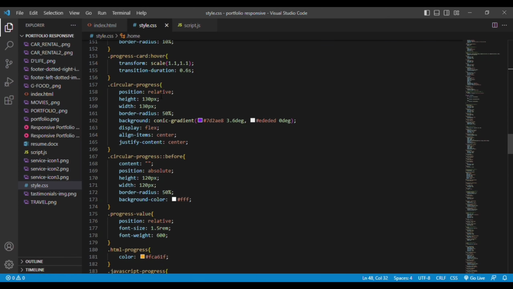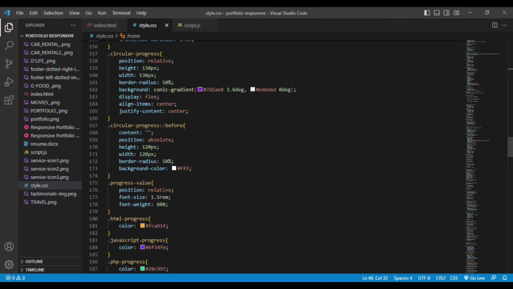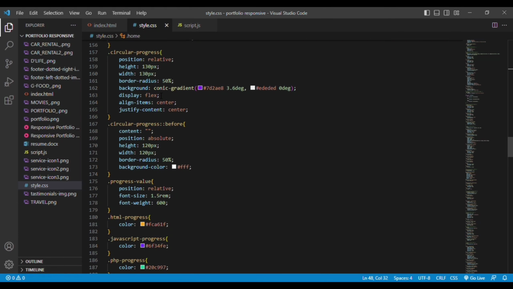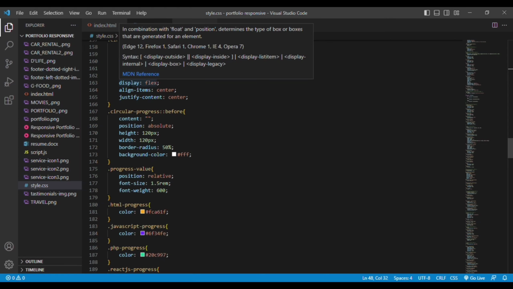Align, justify, display flex. The reason we are using display flex here is because we have like 4 skills: HTML, CSS, JavaScript and CSS. So to keep them all in one form, we are using display flex one after the other. And by using display flex, we don't have to mention again. In the mobile version, it will automatically, when the size reduces, all the 4 skills will form one after the other. When the size of the website increases, that is from mobile version it is moving to the desktop version,